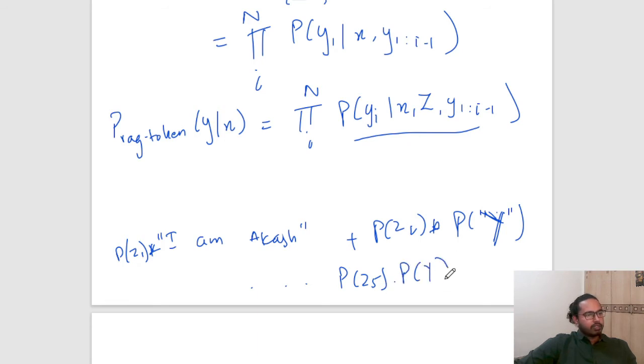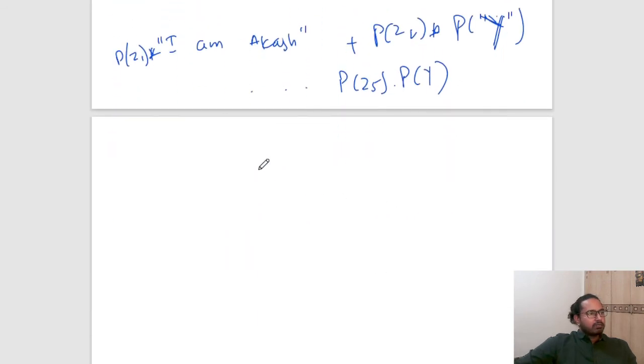But here in our case, we'll be doing the same thing for each individual token separately. So for the probability of getting I, which is let's say the 0th token, it will depend on the probability of getting the first retrieved block times the probability of getting the I token from there,